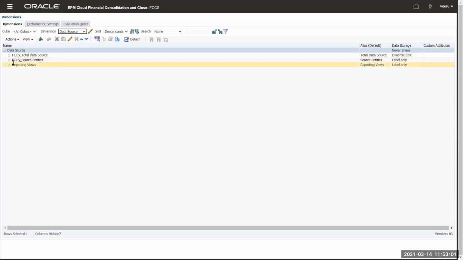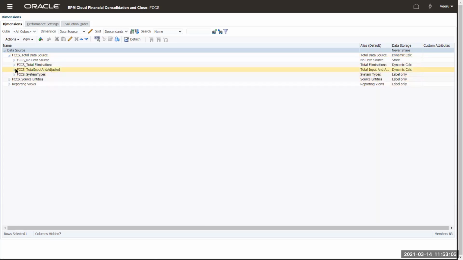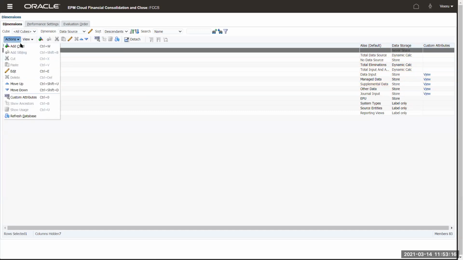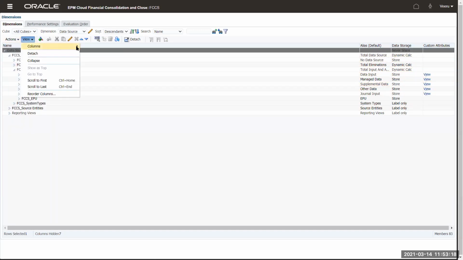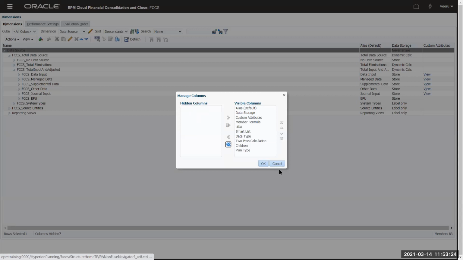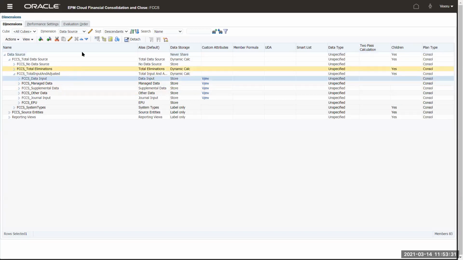And data source also, you have multiple data sources. Most of them are here: the data input, manage data, supplemental data, other data, general input. Security is not here. Let me see what security. You can actually add columns. You can actually add all these things. So you don't see security in this option because we did not assign any security at that level.